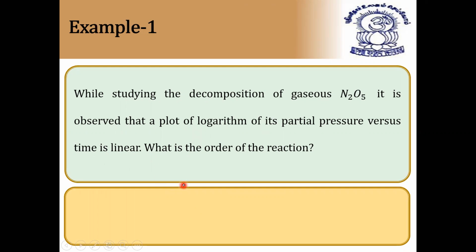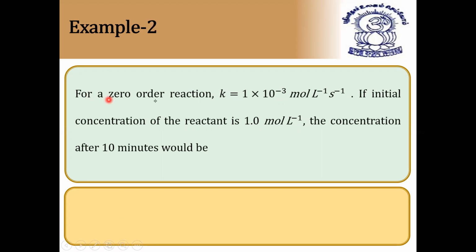So it is a first order reaction. Since the graph is linear, we can say it is a first order reaction. I hope it is clear. Next, for a zero order reaction, K is equal to 1 into 10 to the power minus 3 moles per